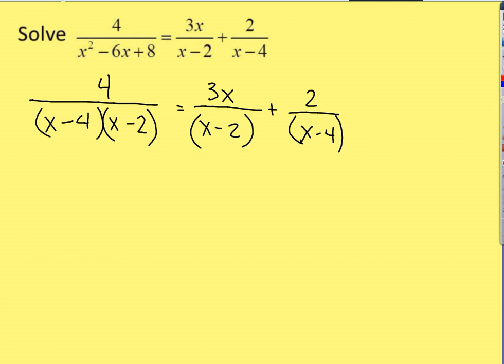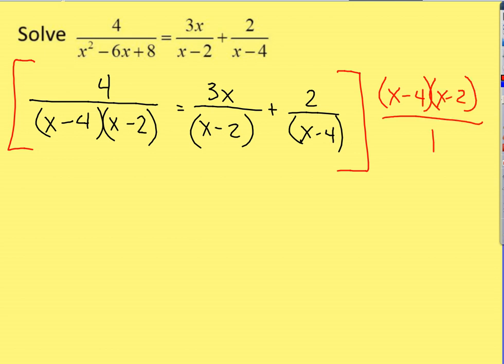So if we notice our denominators, we have x minus 4 and we have x minus 2. Those are the two different factors of our denominators. So we are going to multiply everything in our equation by x minus 4 and x minus 2. And we can go ahead and write that over 1 so that we remember that it is on the numerator. If we distribute that to each piece,